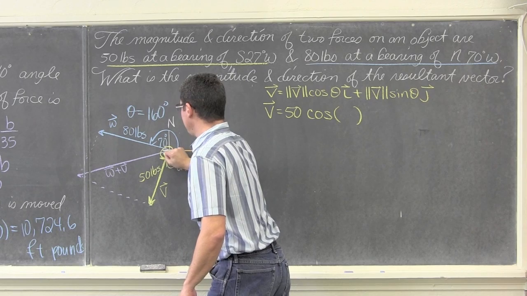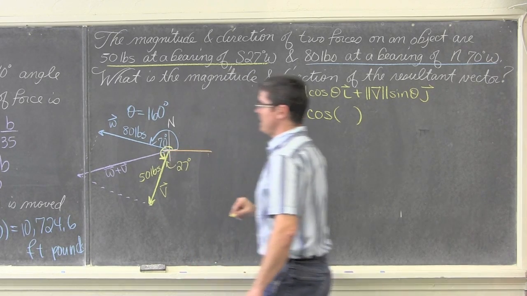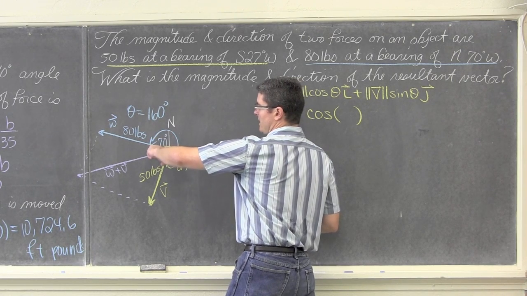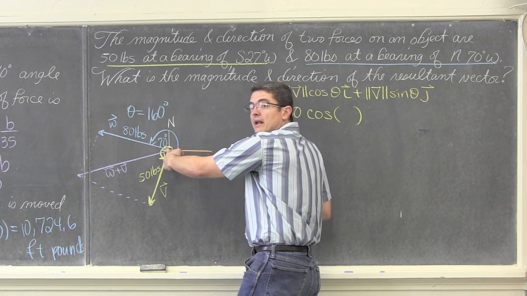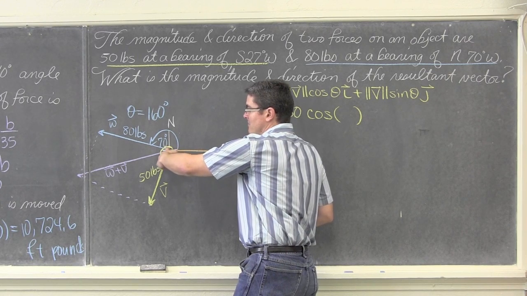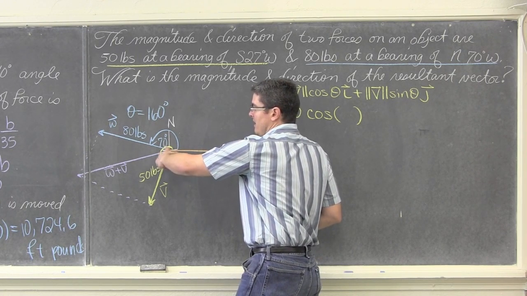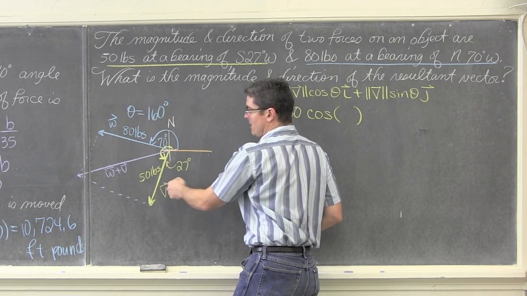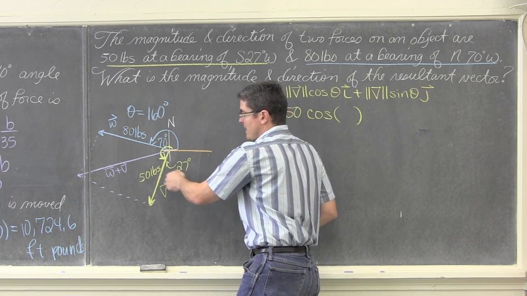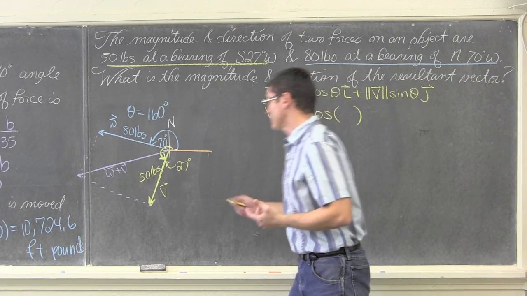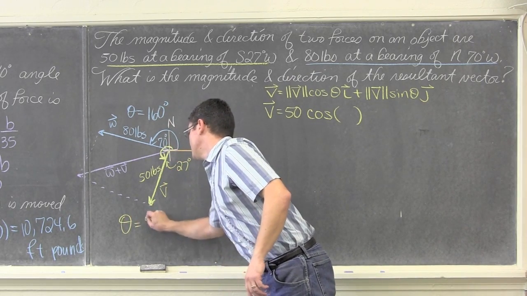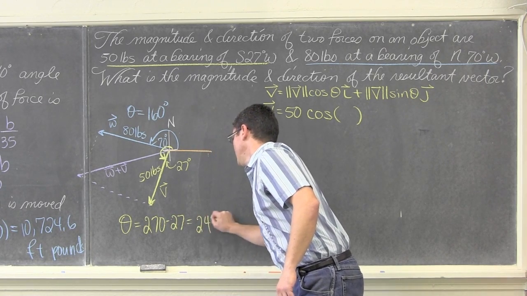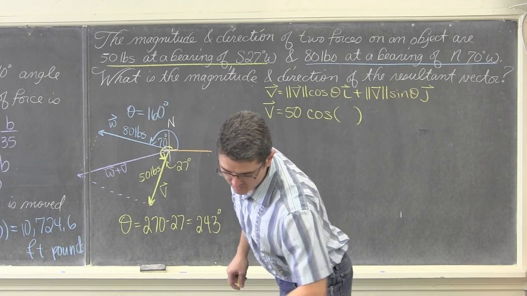I need to know that angle of rotation. Well, it's 90, 180, 270, but I didn't quite make it to the south line. It's 270 minus 27, right? So again, standard position rotation, 0, 90, 180, not quite to 270. I'm shy of 270 by 27 degrees. So for this angle, theta is going to be 270 minus 27, which is 243. Let me just double check that. Don't want to make a mistake.